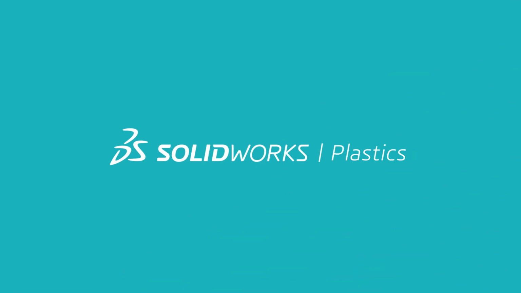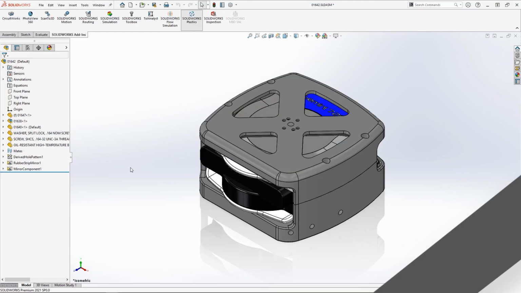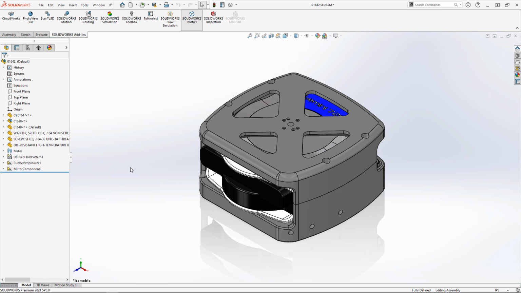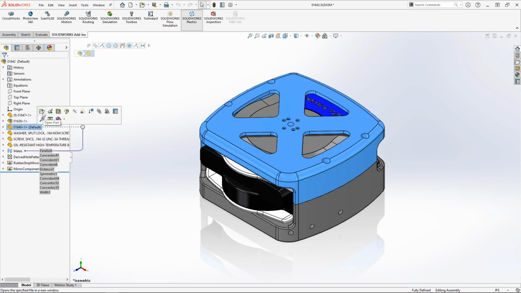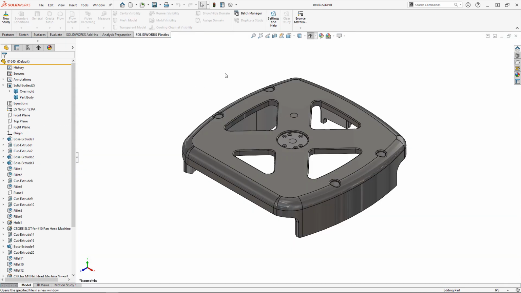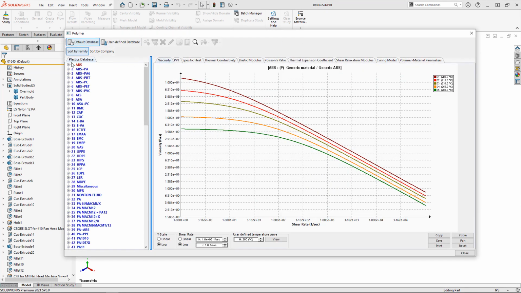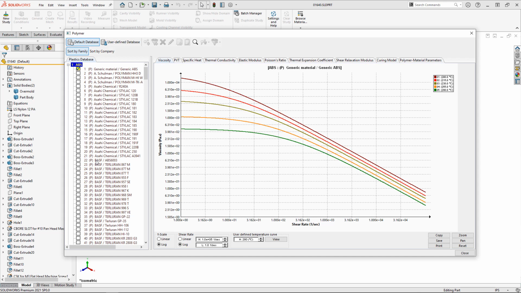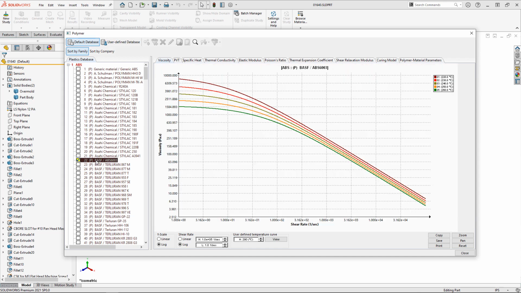Plastics 2021 gives you insight into new injection molding processes for your designs, as well as continuing to simplify and streamline the setup process. It is now possible to access the material databases prior to creating a plastics project. This release has added nearly 400 new materials from global manufacturers.